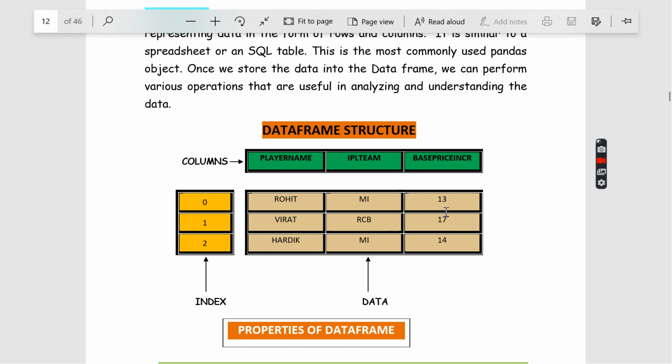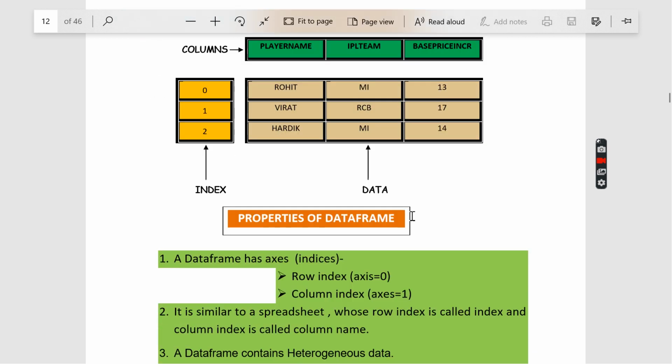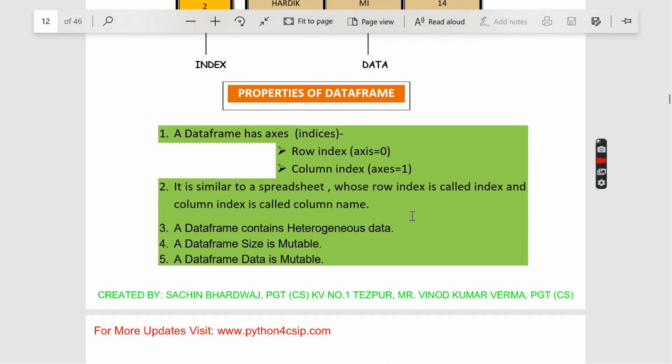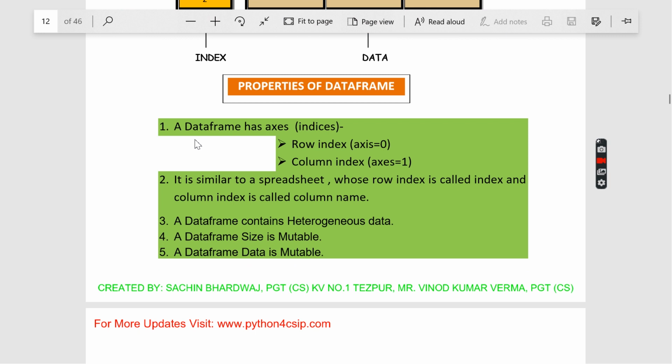You can access all the things, and every formula can also be applied over here. In SQL, how many formulas can be applied? The same thing we can apply here. So we can perform various operations that are useful in analyzing and understanding a database. If you see, in a data frame there are two axes.